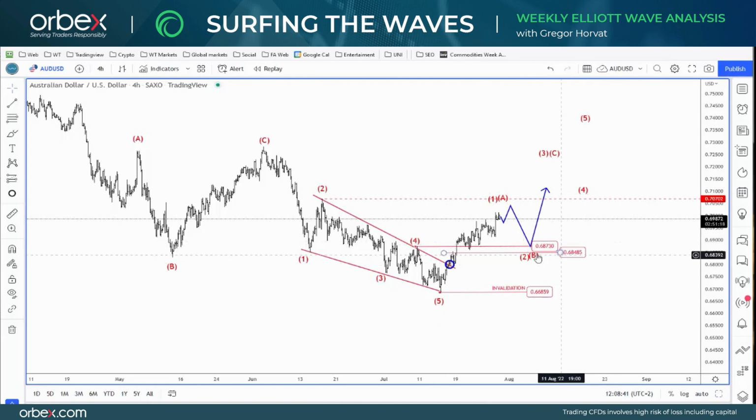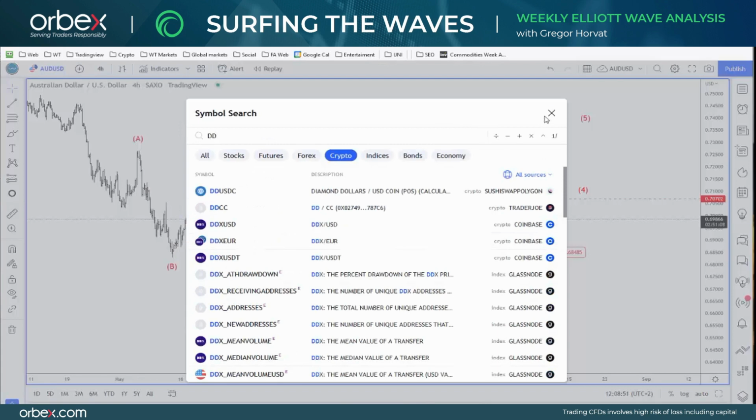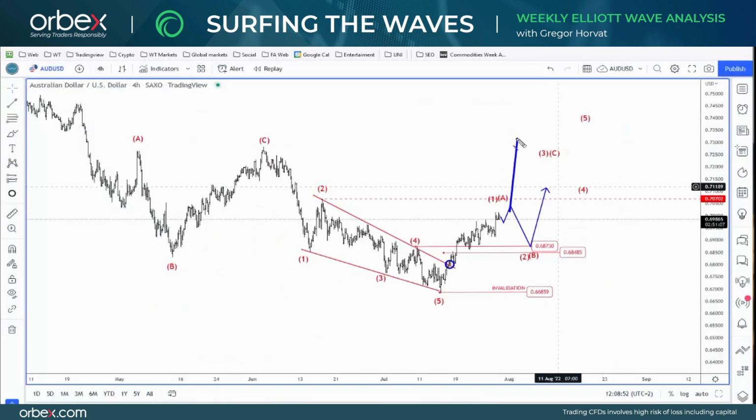The 0.69 level is a very important, attractive potential support for our next bounce if we see this retracement. If not, if market just will continue, let's say, straight to the upside, then I will have to wait on the next fourth wave retracement. But firstly, I want to see this leg extended, like a very sharp one, to make sure that we are in the middle of wave 3.